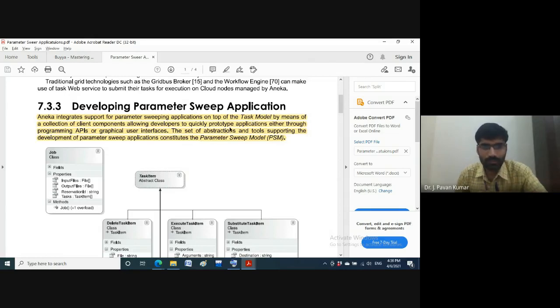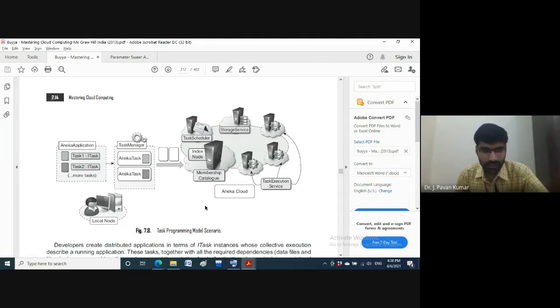I will show you the diagram for the task model which we have seen earlier so that you will get an idea. See here, this was the task programming model which we have seen. In this, tasks will be submitted to Aneka, which is the middleware where we have several services. What will be submitted to this middleware are Aneka tasks. How will these Aneka tasks be built?